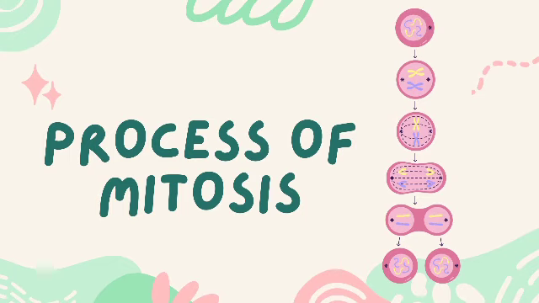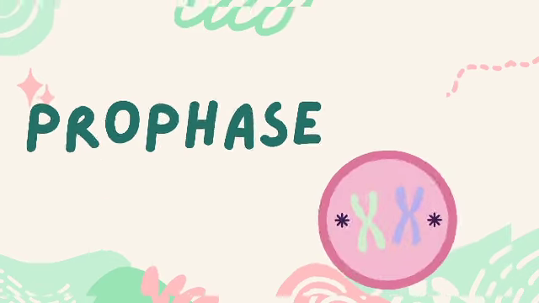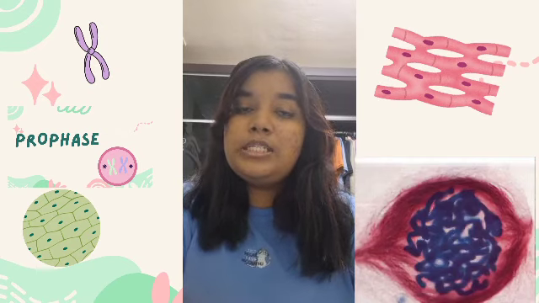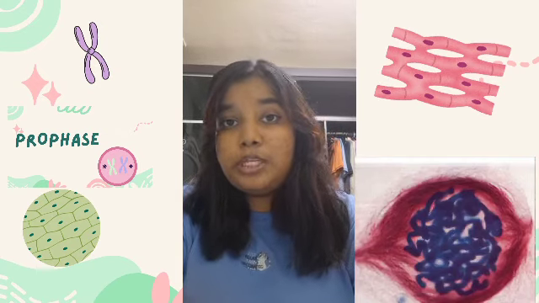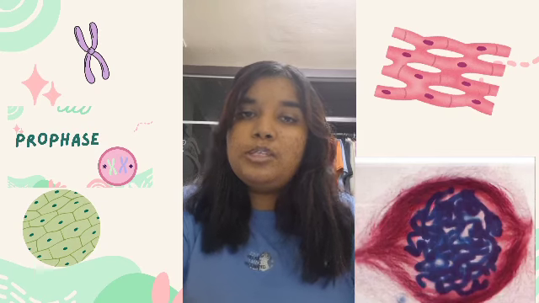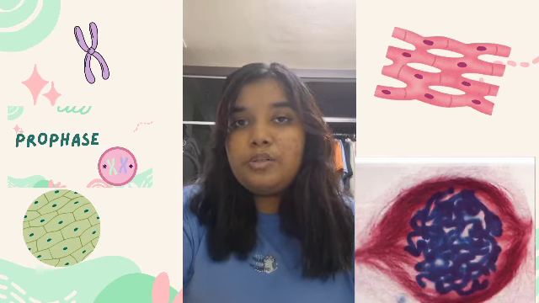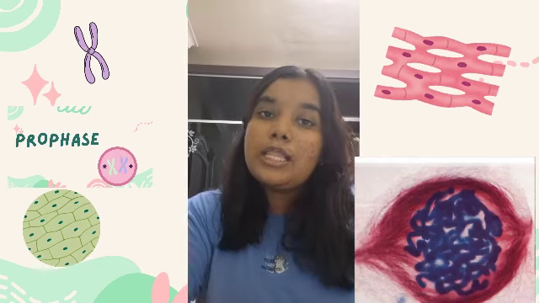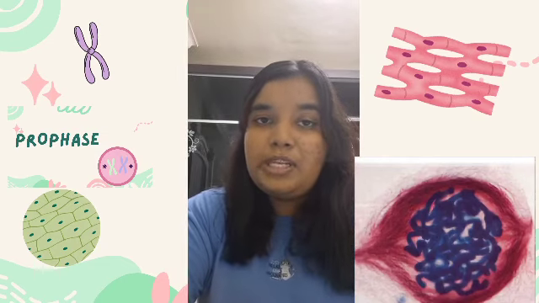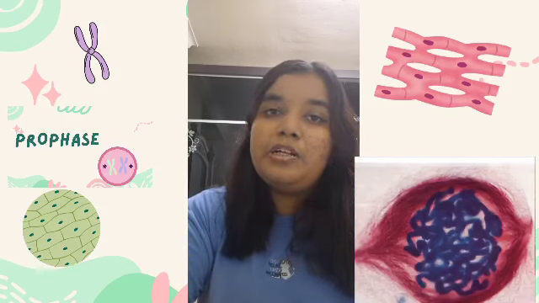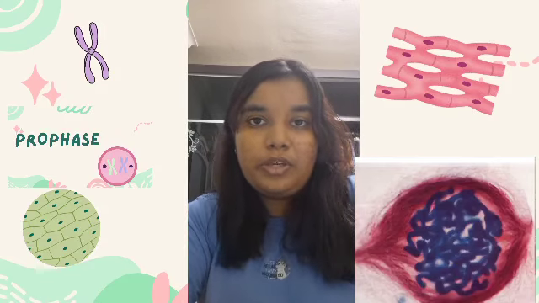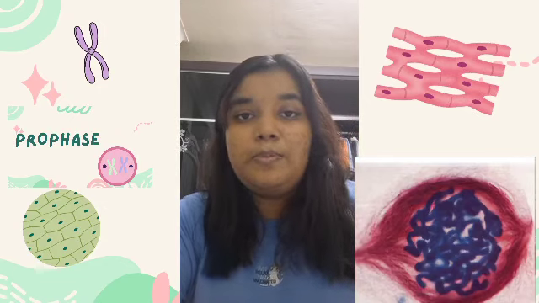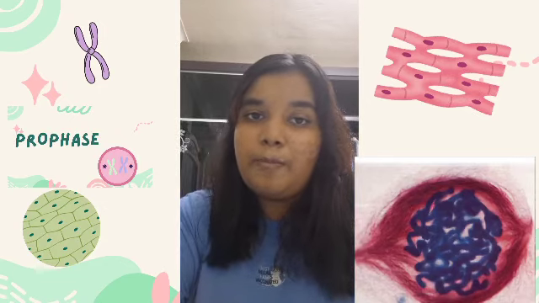Next, we will be talking about the process of mitosis. Let's start with prophase. During prophase, the chromatin in the nucleus begins to condense into thick strands. Each chromosome consists of two chromatids, which are known as sister chromatids. They are joined at the centromere. The nucleus disappears and the mitotic spindle begins to form. The mitotic spindle will be completed at the end of prophase. Centrosomes move apart to opposite poles of the cell, pushed by the mitotic spindles between them.